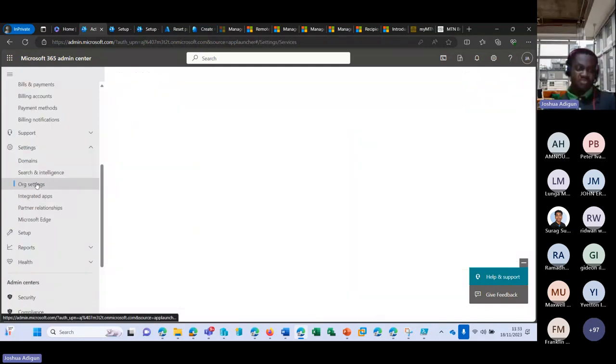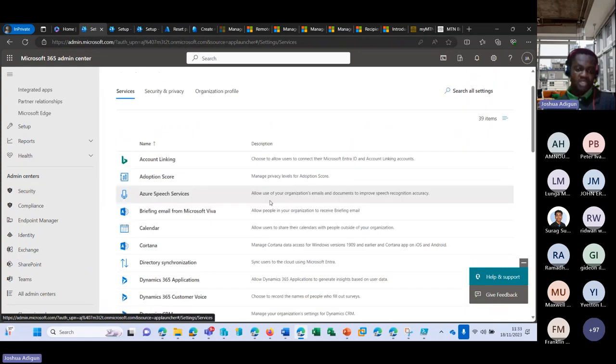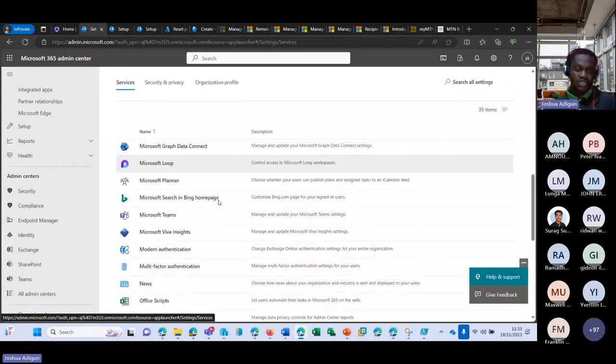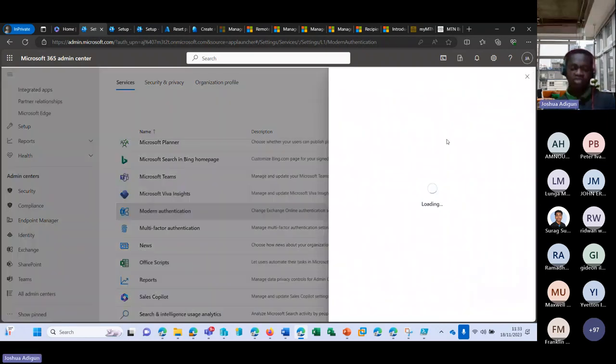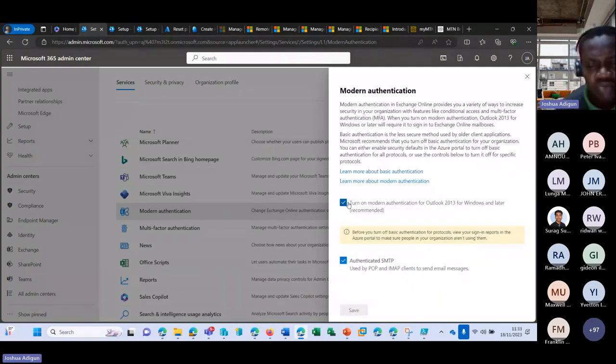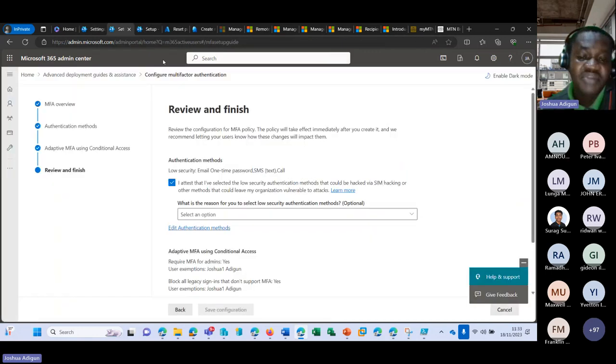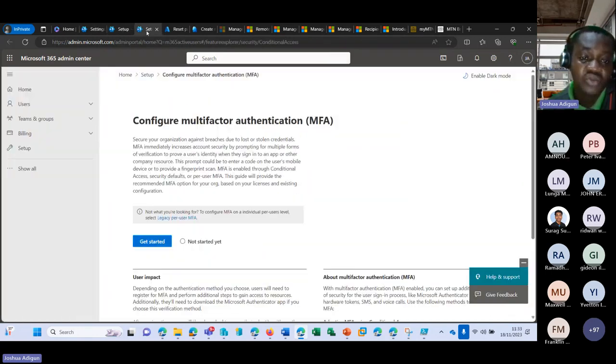Is it here? Yes, here. Yeah, modern authentication. That uses a second step also, right? Modern authentication uses an application, and then multi-factor uses an identity. Yeah, mixing both up, right? Yeah, basically. And then I prefer to use the legacy, which would definitely be deprecated very soon by Microsoft,